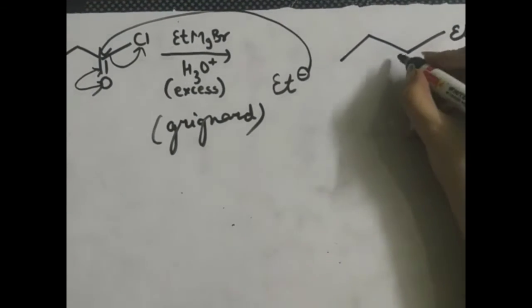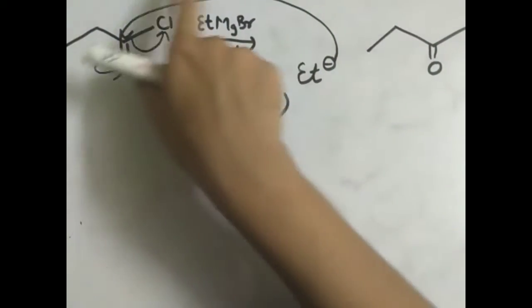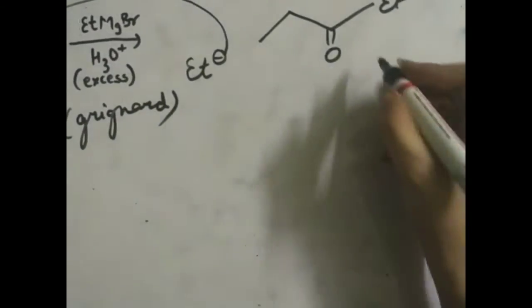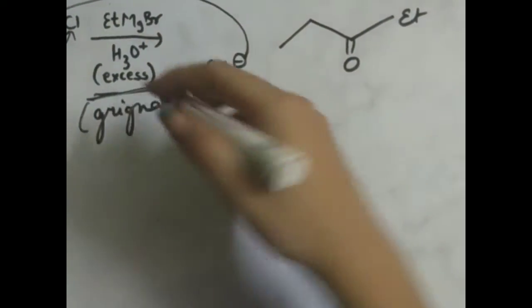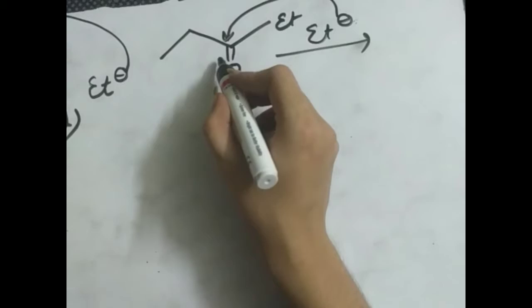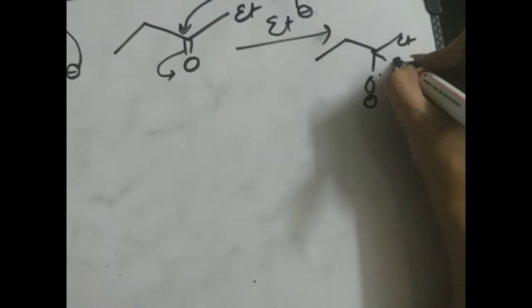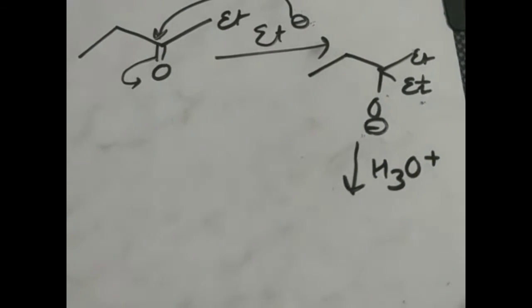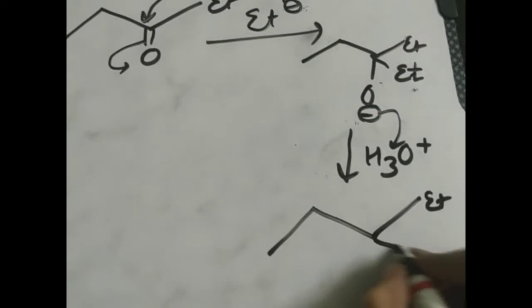An Et here and a carbonyl here. So Et is coming and chlorine is leaving. Okay, so we are getting this. But here it is written that we are taking Grignard reagent in excess, so another Et minus molecule will come, and again it will attack carbonyl from behind, and we will obtain this O negative, Et here, another Et here. And then hydrolysis is taking place. Okay, and simply O negative will abstract the proton and it will become OH.